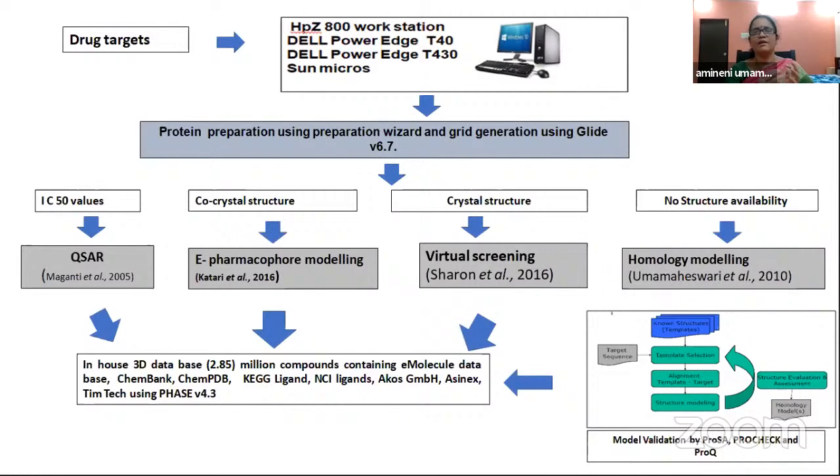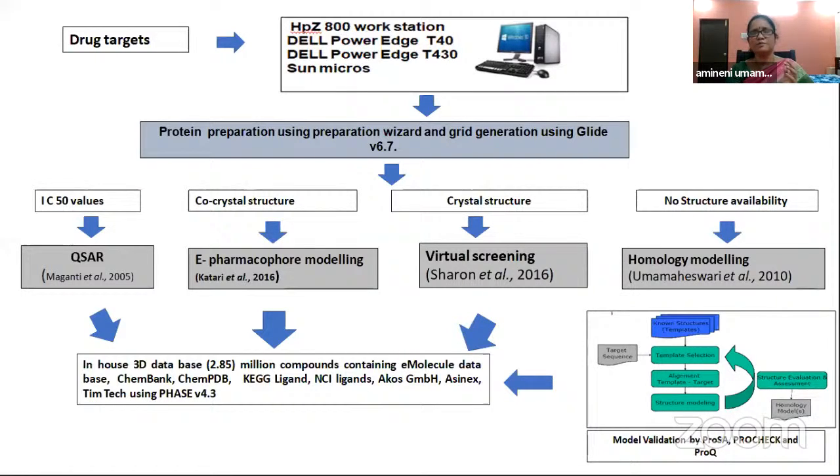So we have the known information about the target. If we are targeting the active site, the molecule should have more affinity than the substrate, and only then will competitive inhibition be present. That means that even in the presence of substrate, our compound will go and bind with the active site and block the activity.